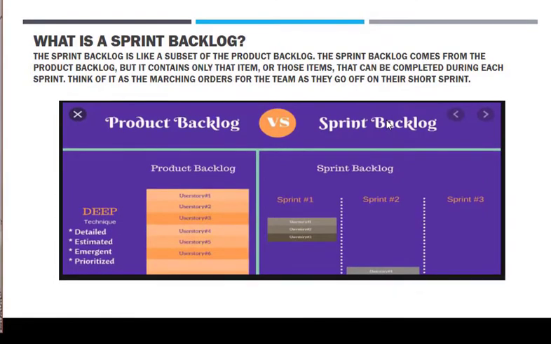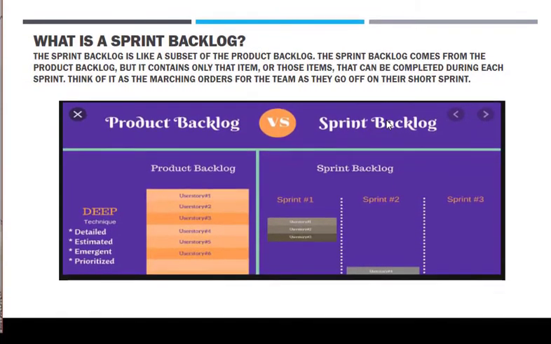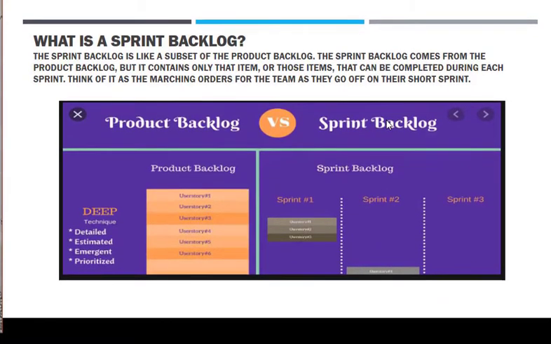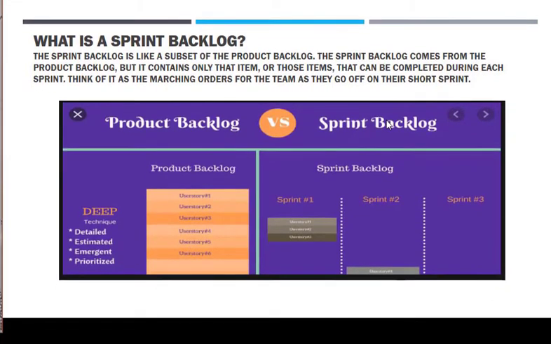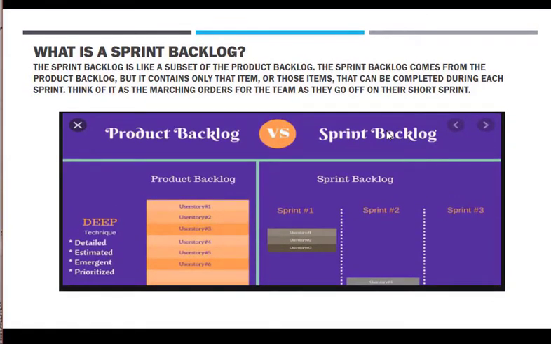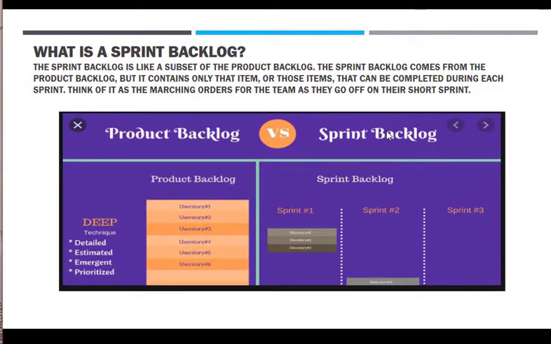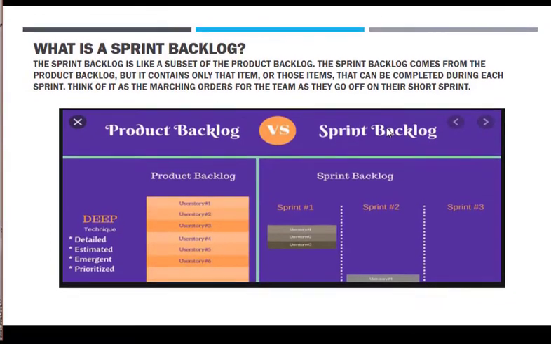So what is the sprint backlog? So here is the difference. The sprint backlog is like a subset of the product backlog. The sprint backlog comes from the product backlog, but it contains only those items that can be completed during each sprint. Think of it as the marching orders for the team as they go off on their